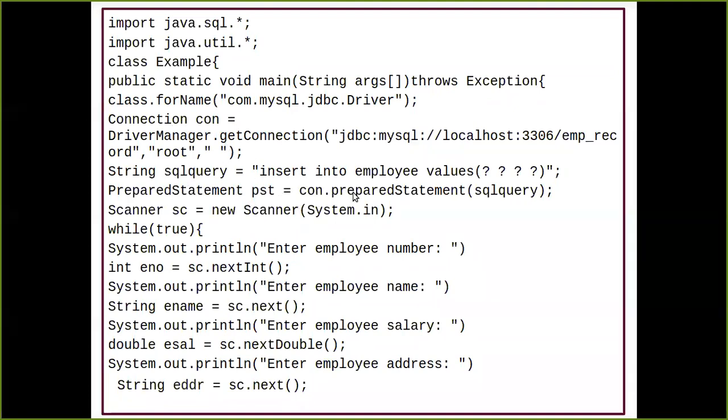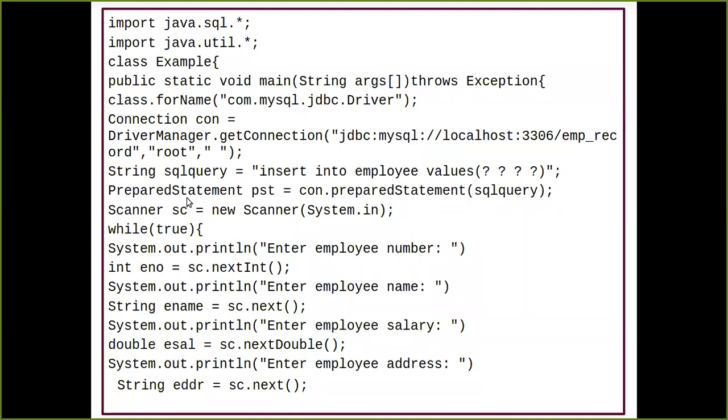So con dot, instead of prepareStatement, we had the createStatement method in that program. And we have not passed any queries inside the parameter. The parameter was blank, the method was blank. Okay, why is that so? Because we didn't want to make any changes to my databases, so that's why we have not passed any type of queries into the method's parameter. Okay, so what was happening over there?